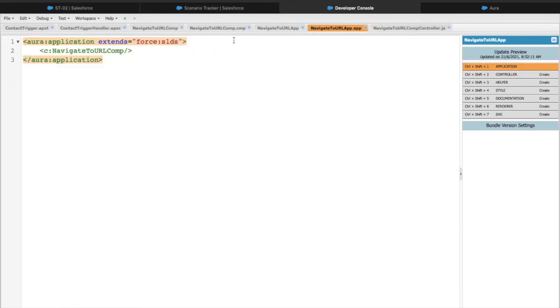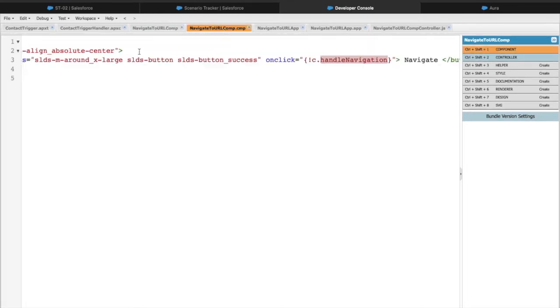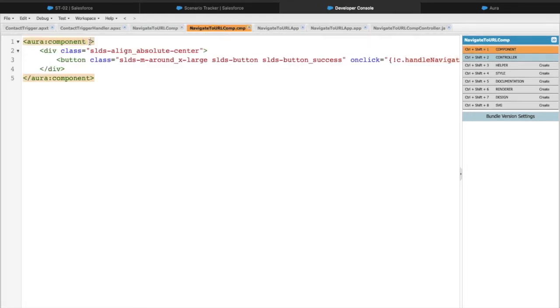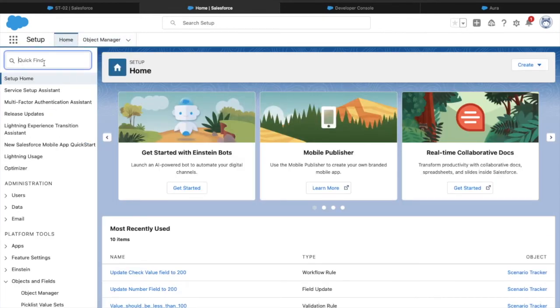All right, so to create the custom tab, all we need to do is define that this component is app hostable, right? So for this we implement an interface which is called force:appHostable. All right, let's save it, and now that we save it, let's go to setup and let's go to tabs,